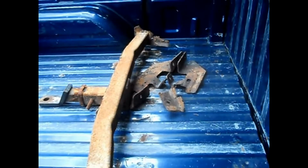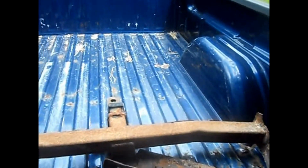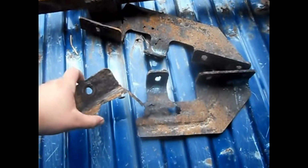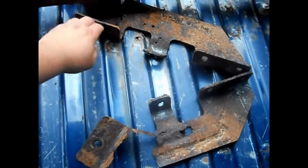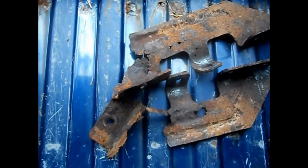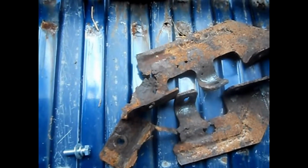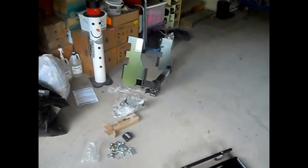Okay, so I got back home here. I was at the farmer's house that I pick up milk at to torch off these brackets, and as you can see here, yeah, they're junk. Oops. It's one of the new bolts. So yeah, now I'm going to attempt to put the new hitch underneath the truck,